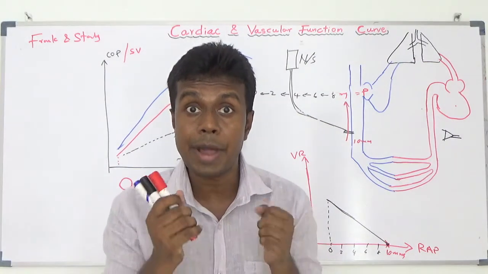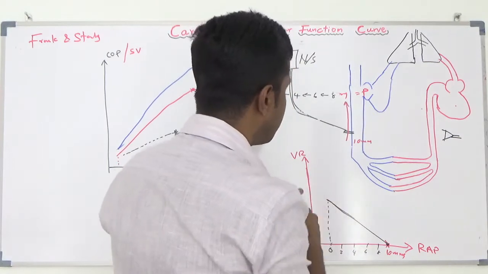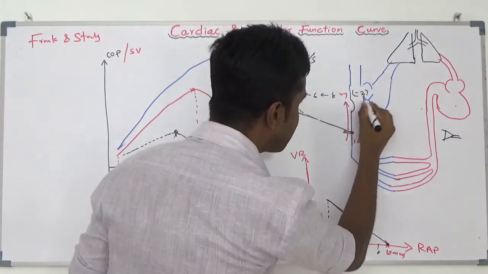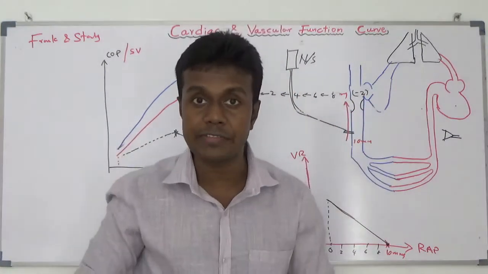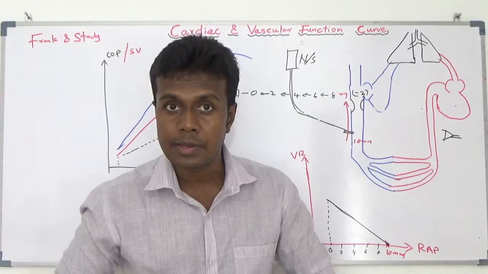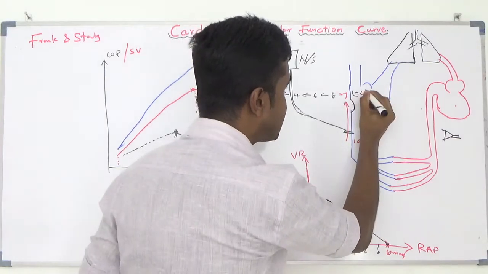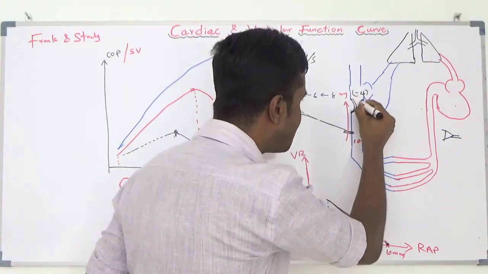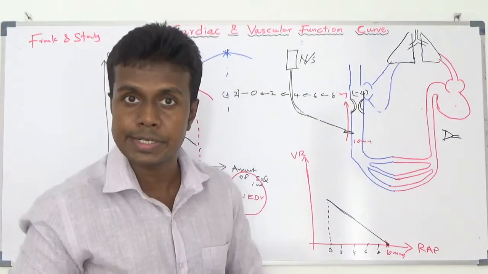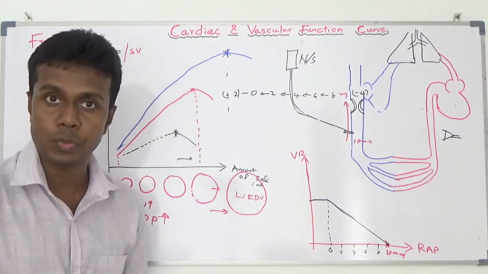When it becomes subatmospheric pressure, lesser than 0, your great vessels start to collapse. For a while think, here it becomes -2. With the -2, this vessel is going to collapse because it has a little bit of suctioning effect. So your cardiac output or venous return is not going to change even after 0. Because once it becomes -4, the pressure gradient is more, but the collapse is also much more. Because of that, you are not going to produce more venous return. So after that, because of the vessel collapsing, venous return is not going to increase.